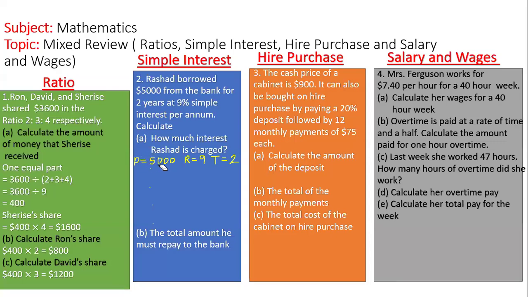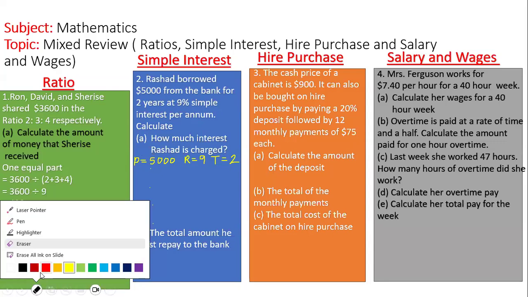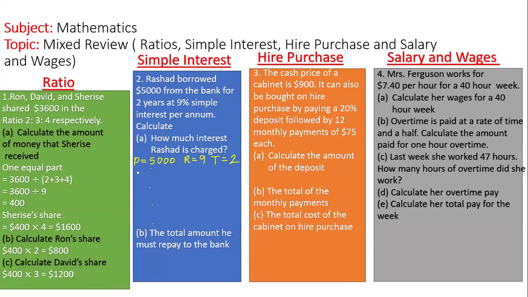So what is the P? The principal, 5,000. The R is 9. And T is 2. Very good. 2 years. So the simple interest, I'm going to say SI, is going to be